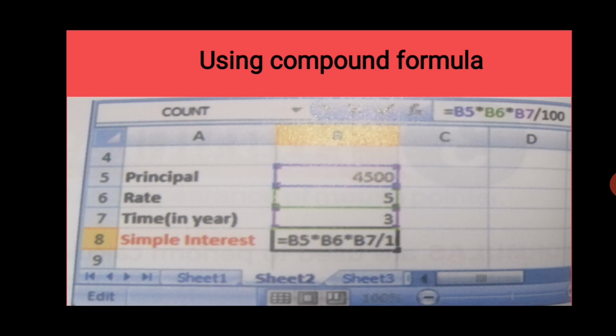So I write here principal amount 4500, rate 5 and time 3 years, and I want the simple interest in cell B8 next to the label in A8. We always start our formula with the equals to sign, then B5 multiplied by B6 multiplied by B7 divided by 100. When you press the enter button, it shows the answer of the formula.